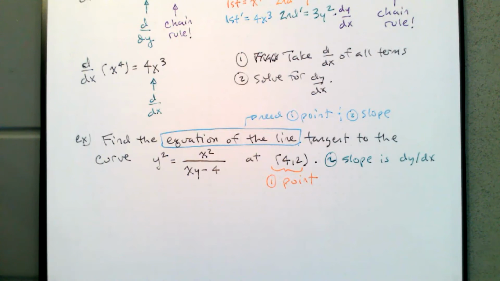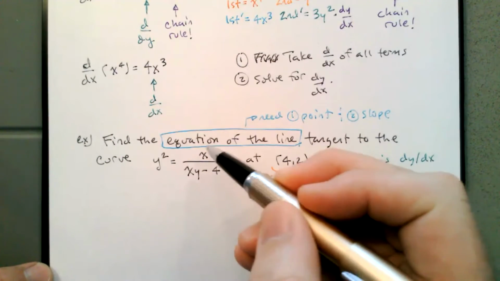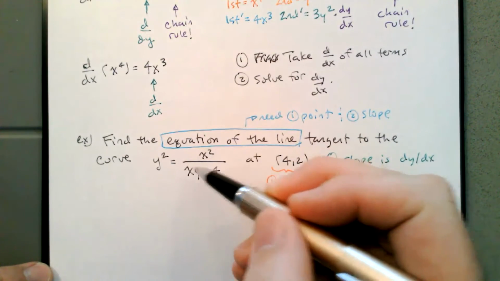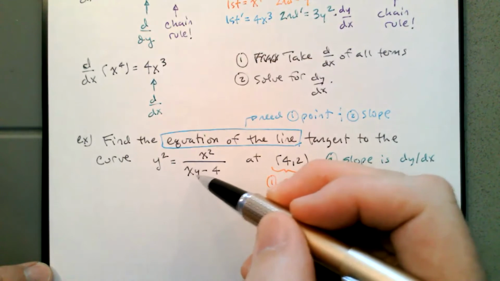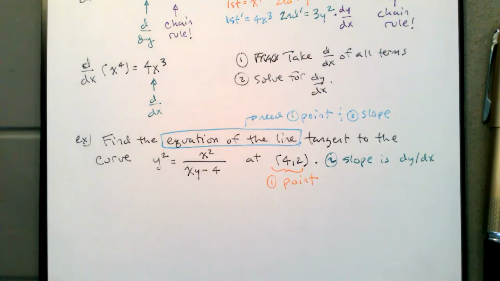A couple of ways we can go about this. I see y squared is equal to x squared over xy minus 4. When we first look at this, we might think we can use the quotient rule, where we have the top and the bottom. And then for the derivative of the bottom, we're going to need a product rule with this xy. So instead of using the quotient rule,